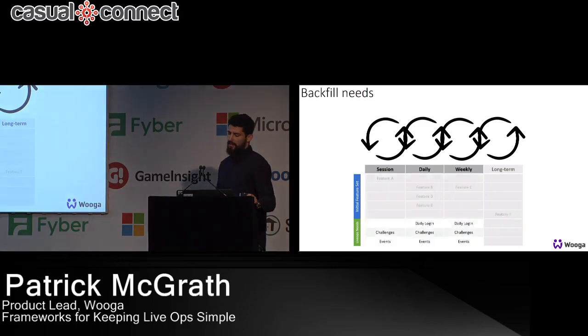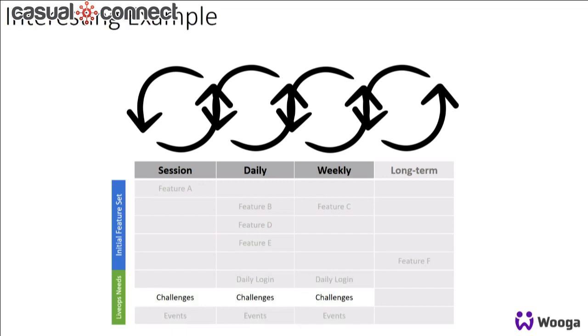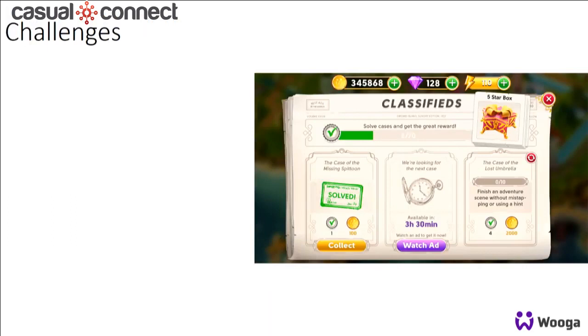And so the way that looks like, or did look like, was us pulling daily login, challenges, and events. Now, because of the costing and the way that the team was working, we decided to really prioritize challenges, because it fits so much of what we need. And I mean, we were working in parallel with events. But to explain how we did this with challenges,